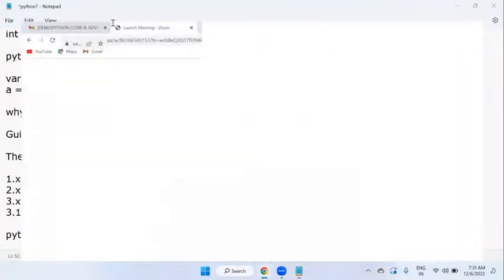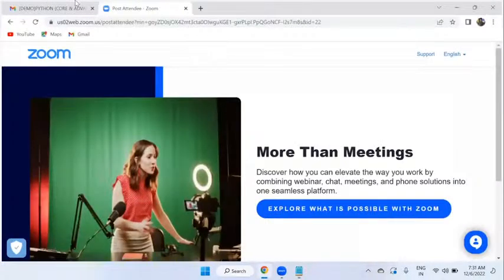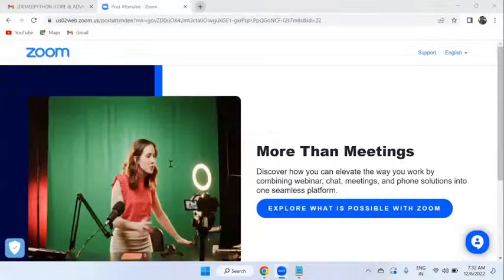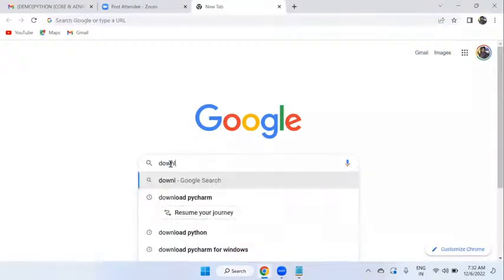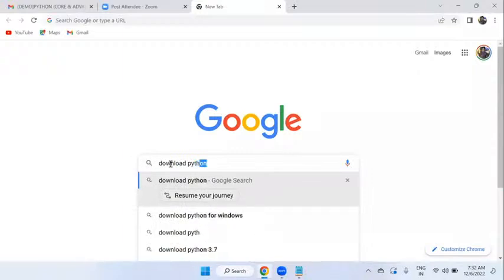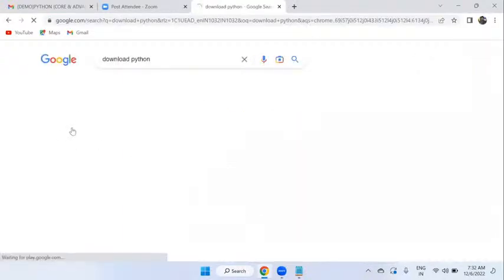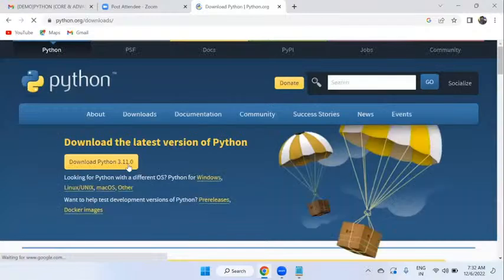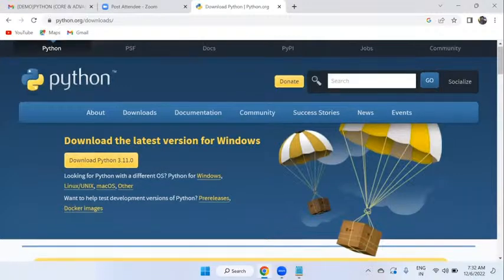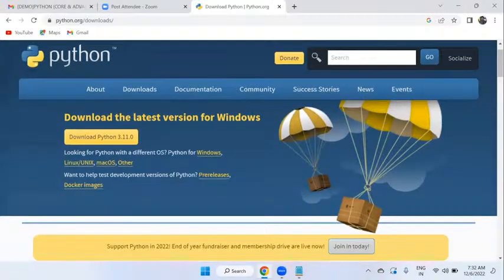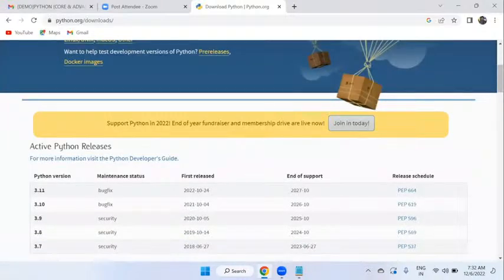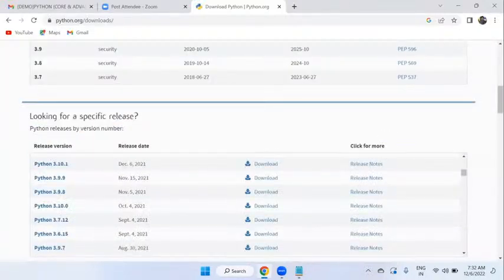Simply you can go to Google and open a tab. Let me go to Google and search download Python. Yeah, you will be able to see this official website, python.org. Now you can see this is the latest version, download Python 3.11.0. If you want to download this current stable version, click on it. And also, if you are looking for old versions, you can scroll down. You'll be able to find plenty of old versions here. For whichever version you want to work on, you can click on download and use it. So we are using the latest version only,